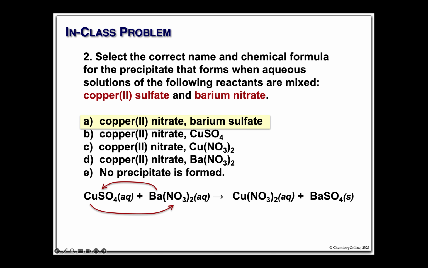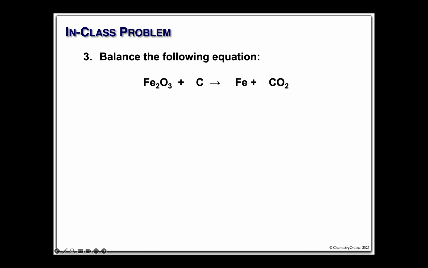Number 3. Balancing an equation. Yes, you will get to balance an equation on your exam. Let's just look at this guy. We have 3 oxygens here, 2 on this side. Let's make it even by doubling that. Now, when we do that, that gives us 4 irons. 1 on this side. Let's change